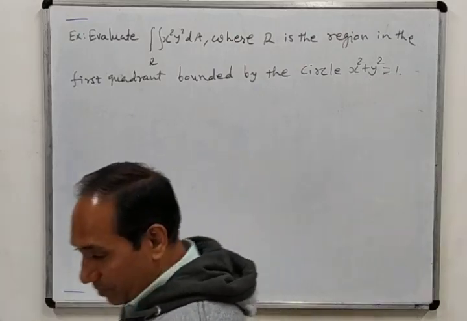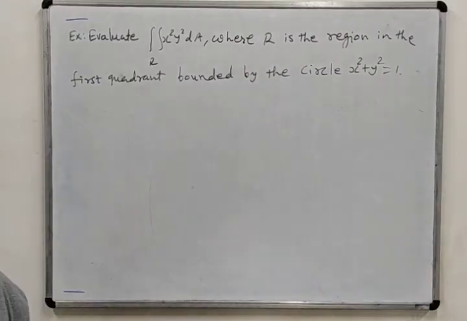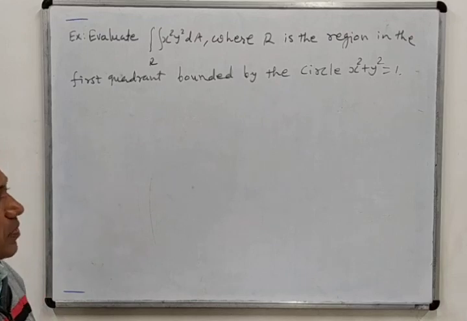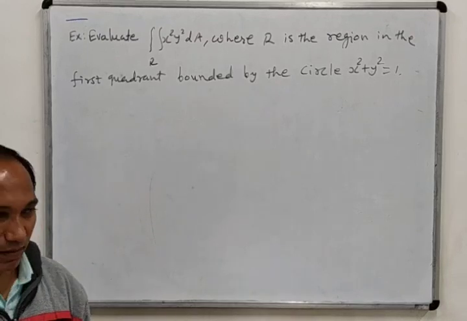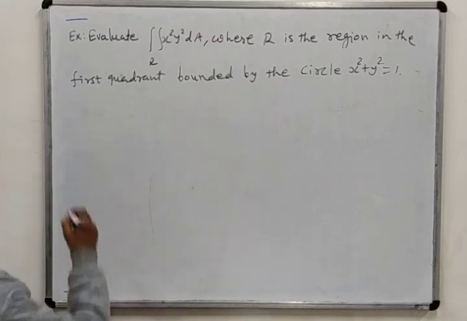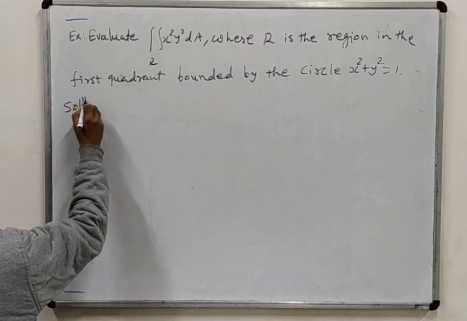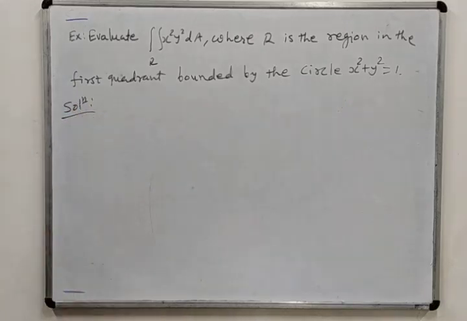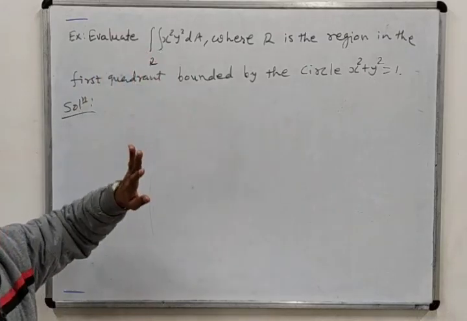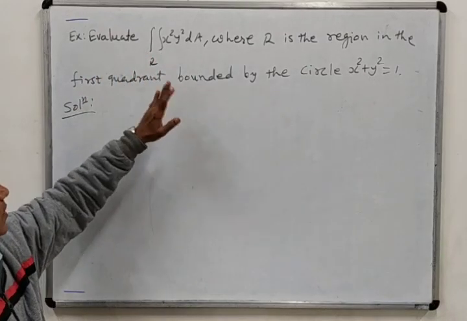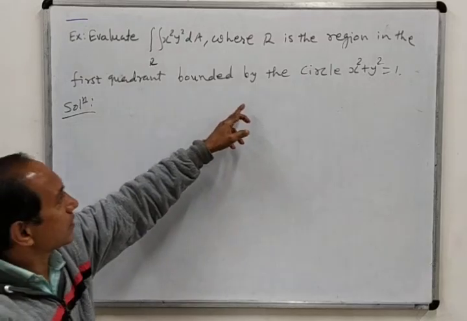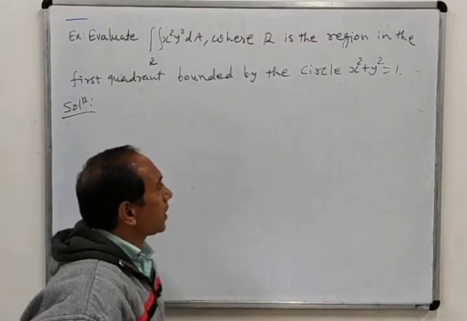So all the problems based on double integrals are very simple. If you do half of the work, then also you can get half of the marks. So don't get bothered. Go in a proper way so that we can determine the limits. Here you can see that this is the case of double integration of x square y square dA over the region R, and region R is given as the part of the circle.